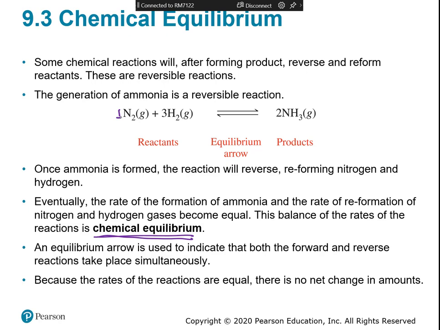But at some point, the NH3 molecules will begin to break back down into their nitrogen and hydrogen, and eventually you reach the equilibrium. So the equilibrium is just when the rate of the forward reaction and the reverse reaction are the same, right? So when the forward reaction is equal to the reverse reaction,